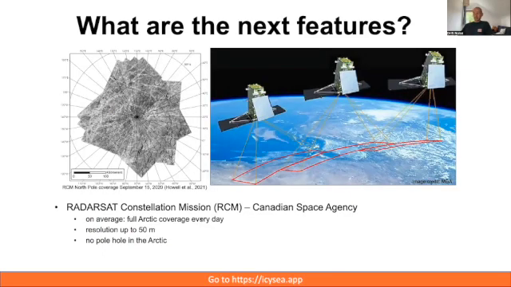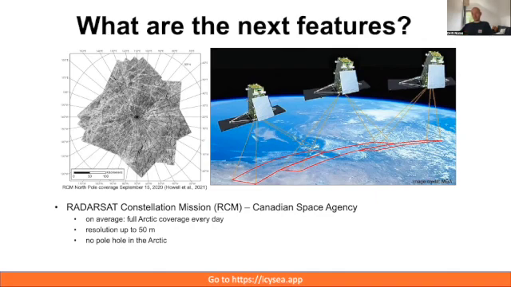The other feature I mentioned is the satellite coverage, and that's one of the questions here. We're working on including the RADARSAT Constellation Mission data, which will provide full Arctic coverage every day. We already used those RCM images for our expedition with the Polarstern, and now the next step is including it in IcySea, so it is available just like the Sentinel-1 in the areas